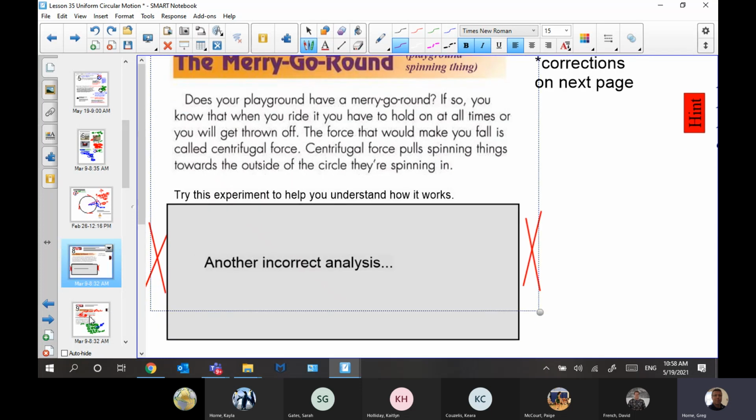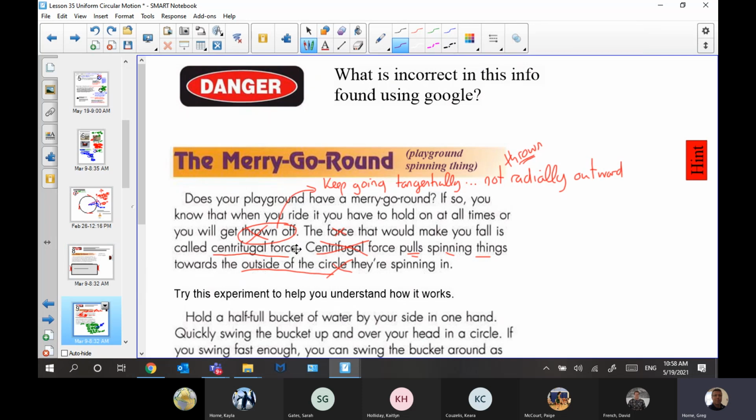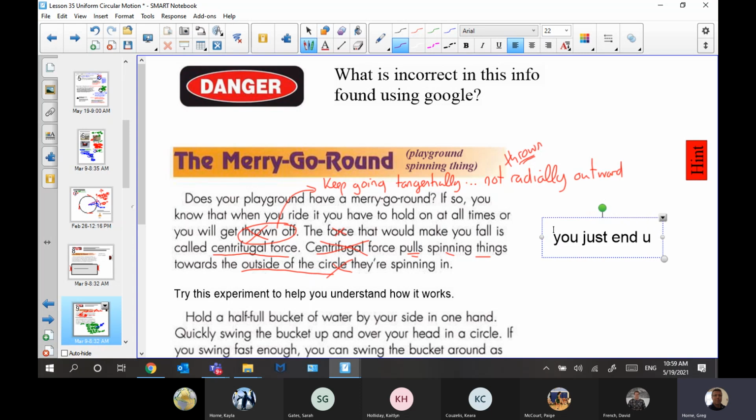I'll come back to that one in a bit. So basically here, the thrown off idea, I'm correcting it here and saying you're really going to keep going tangentially, not really radially outward as they're implying. So the force that would make you fall is called the centrifugal force, and the centrifugal force does all this. Really, we're going to say here, you just end up keeping your velocity